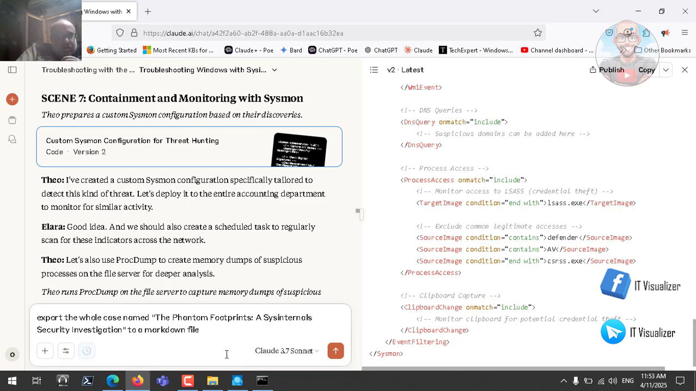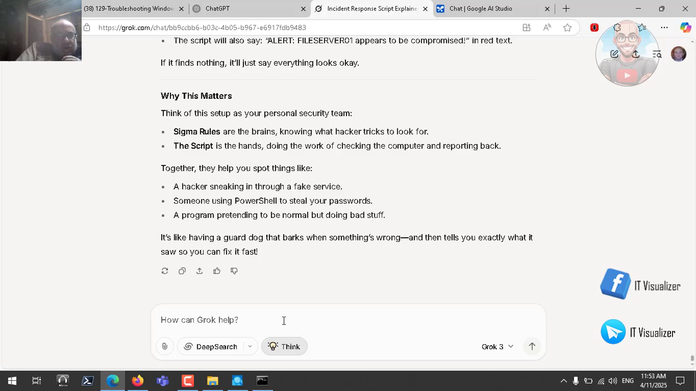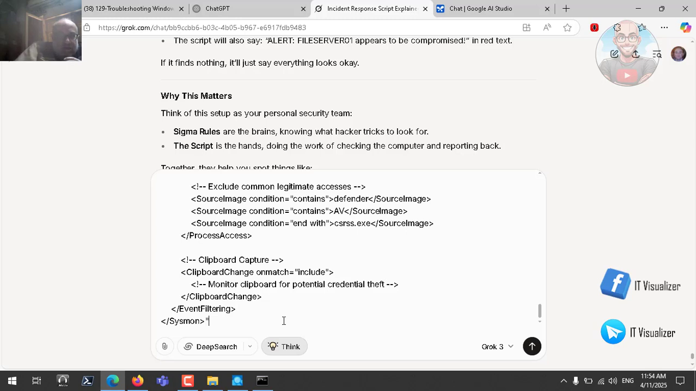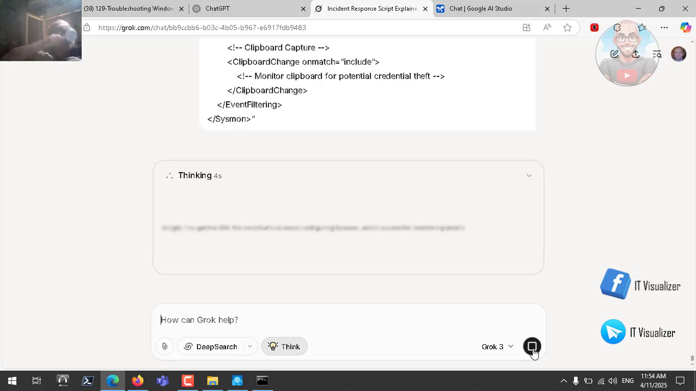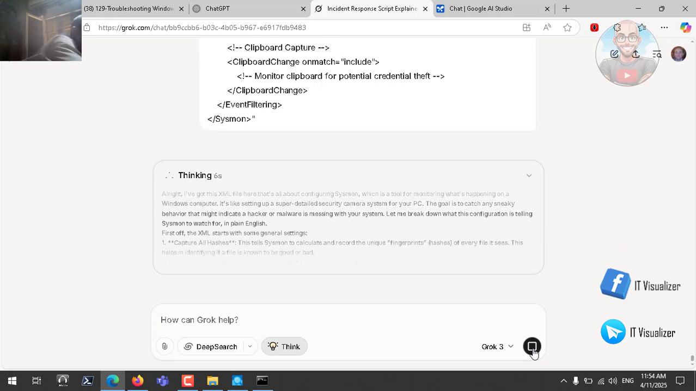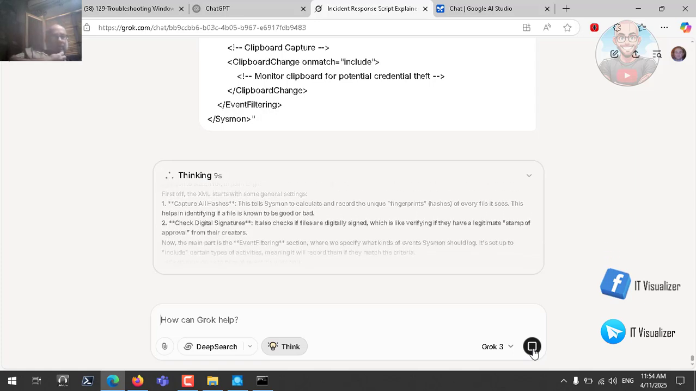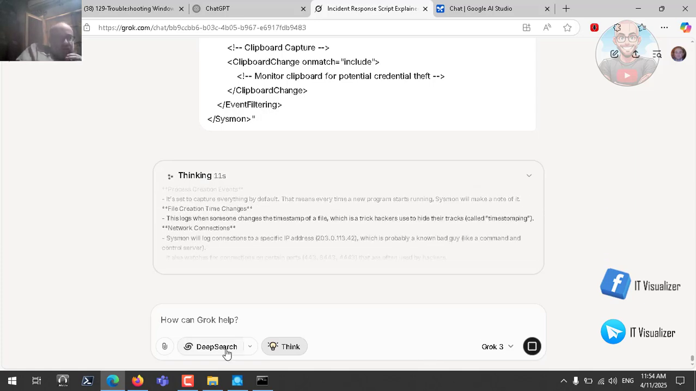First, let's go to Grok again: explain this XML file content in layman's terms. Okay, so we can go like this and put it like that, and let's see how this will go. Until it finishes, we will